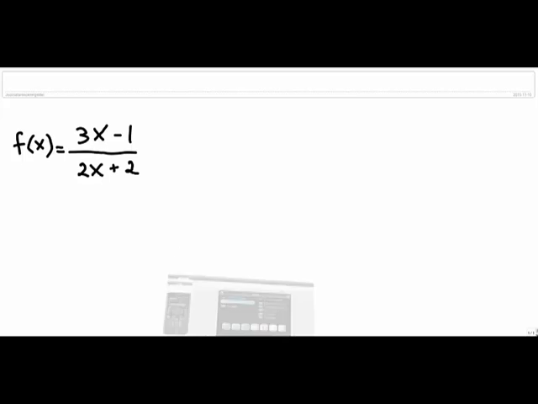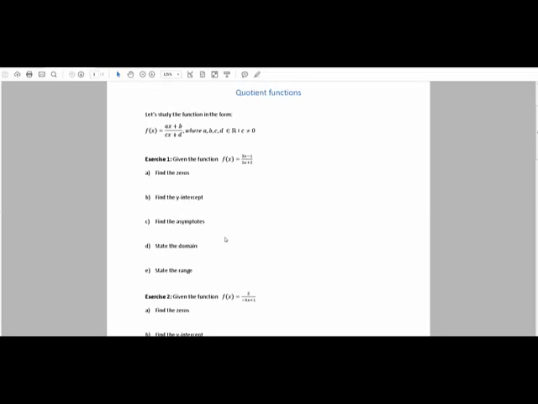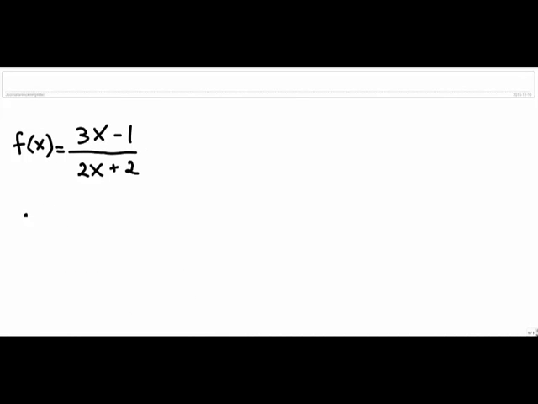Before we start with the calculator, we're actually going to use the calculator and do everything basically to check that we're correct, but we have to be able to do this without the calculator. So let's start with the zeros. In A, we have to find the zeros. How do we do it normally if it's, let's say, a linear function or a function of the second degree? If we find the zeros,